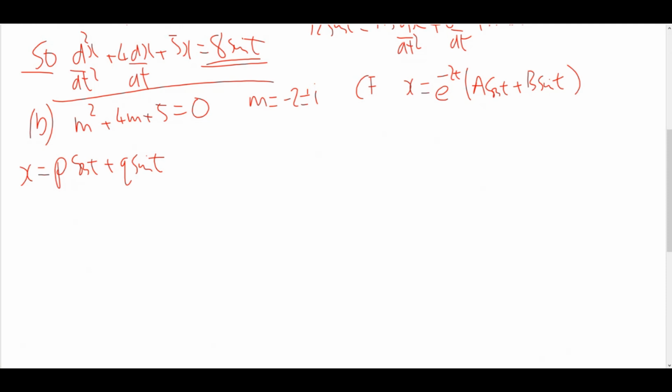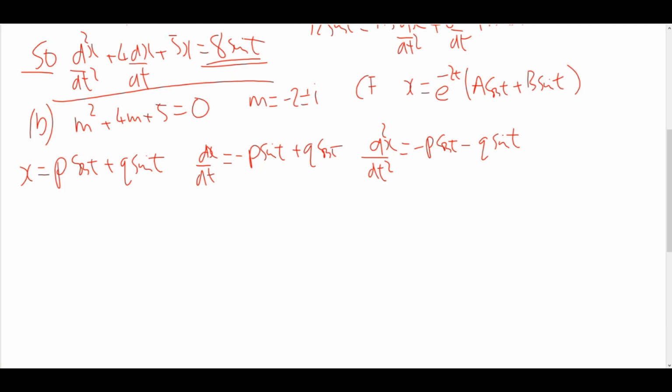I need to work out P and Q. To do that, differentiate twice and sub it into the differential equation to see what we get. So dx by dt is going to be P cos t differentiates to give minus P sin t plus Q cos t. If you differentiate again, d2x by dt squared is equal to minus P cos t minus Q sin t. Big deep breath. We can now sub that all into the differential equation and then compare coefficients to work out